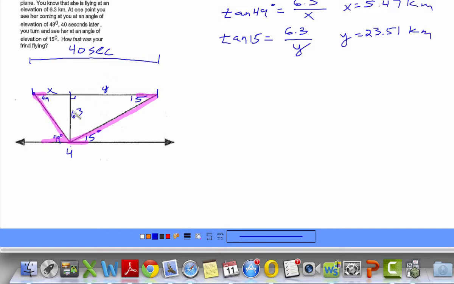It should make sense that with the bigger angle, there's a shorter distance. So together the total distance, we can add them up. We would get 28.98. How about approximately 29 kilometers? If we go approximately 29 kilometers in 40 seconds,